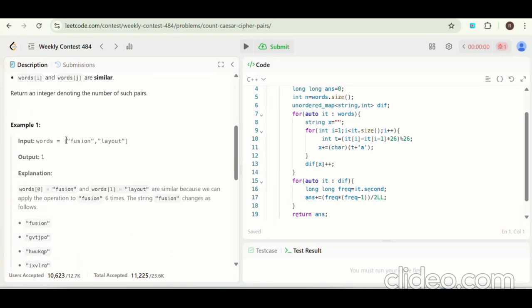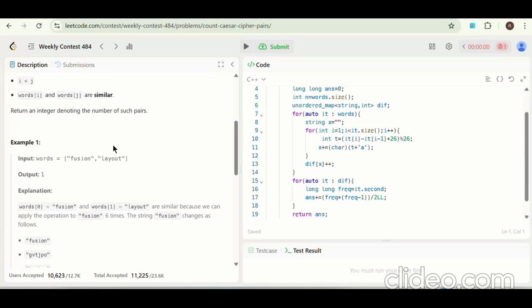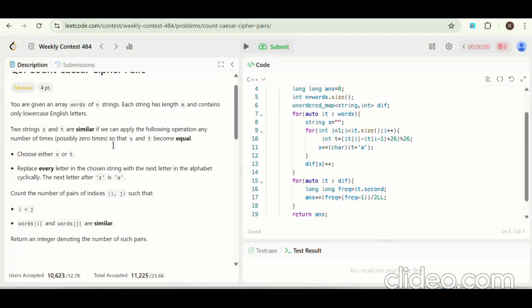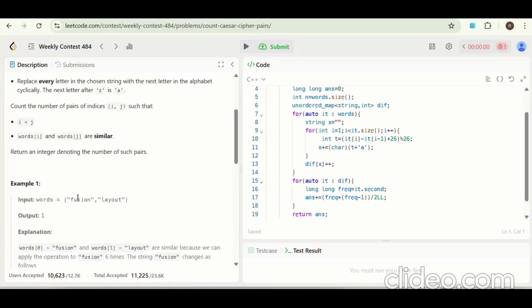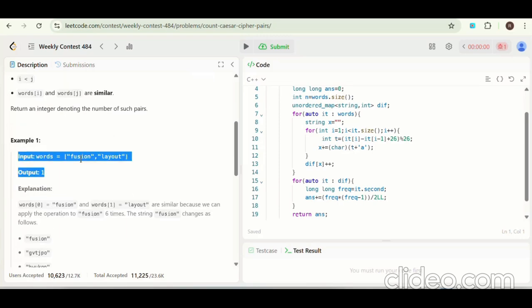So we have two words given in words, fusion and layout. We need to find the number of pairs where these two words can be made similar. If we consider this example, there are two elements in this.